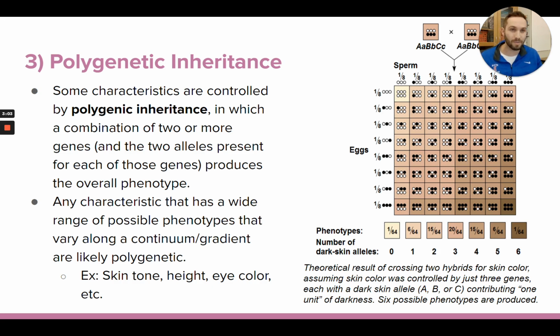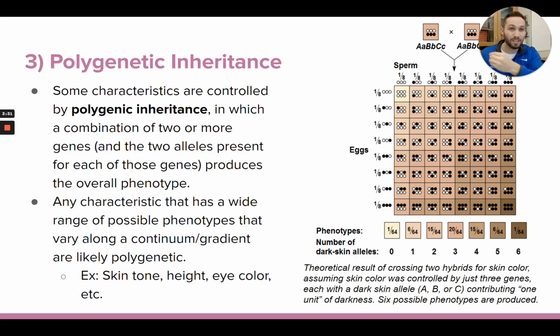along with any other type of trait that has a whole range of phenotypes possible, like height, for example, what height you are. In humans, there's a whole spectrum and range of heights that are possible, from people who are below 4 feet to people who are over 7 feet, and every inch and millimeter in between. And that's because height is controlled by multiple genes, many genes. It's not just one gene inside of you telling you to be tall or short. There's many genes, each containing their own two alleles.